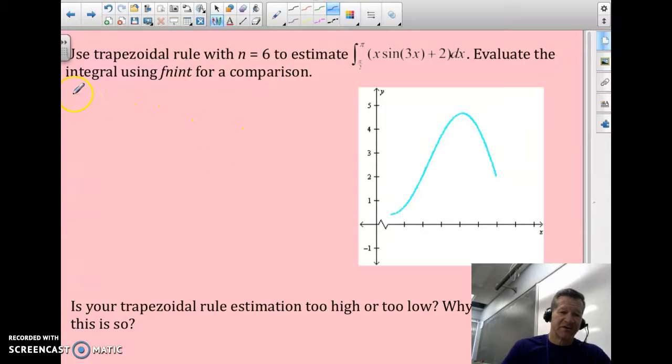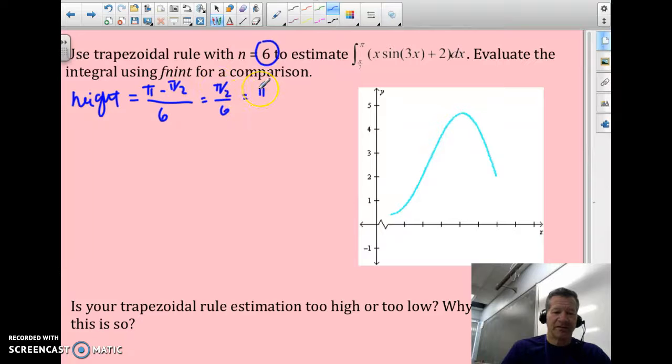So first, I need to know my height of each trapezoid, which is the size of the entire interval, which would be pi minus pi over 2, divided up into 6 pieces. So that would be pi over 2 divided up 6 times, which would be pi over 12. So that's going to be the height of each trapezoid. So I'm going to start out to evaluate this integral to find the area by going 1/2 the height. Since they're all equal subintervals, I'm going to factor those out, times